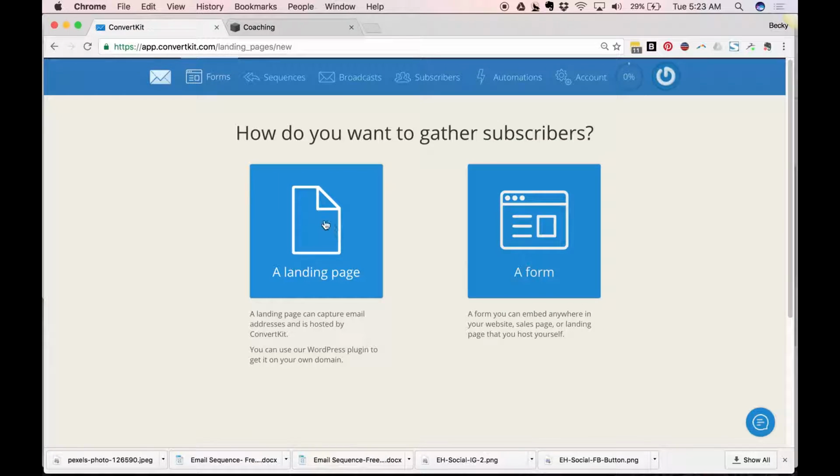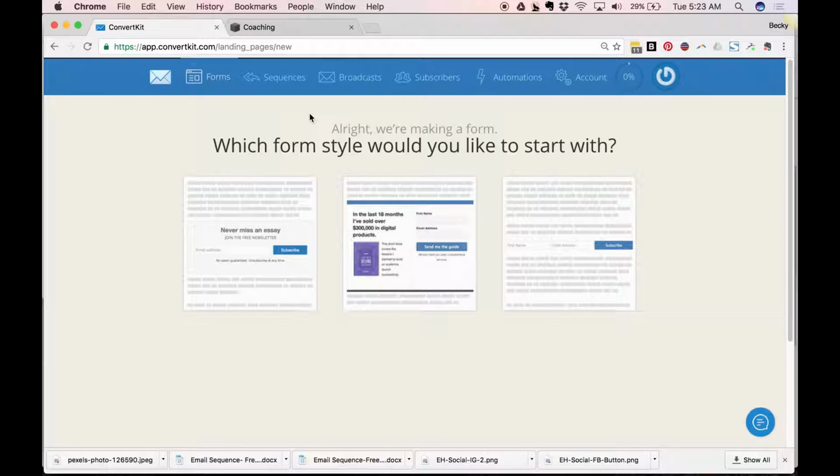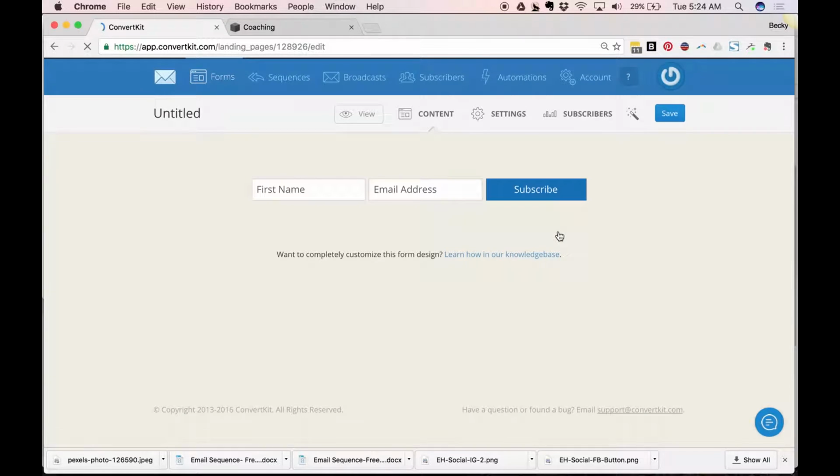and you can do either a landing page or a form. For our purposes, we've been doing forms embedded on a website, so we're going to grab that. Then you have three different form options. This one is called minimal, this is the full template, and this is the naked template. And I'm going to go ahead and grab the naked template since it's the one that we work with the